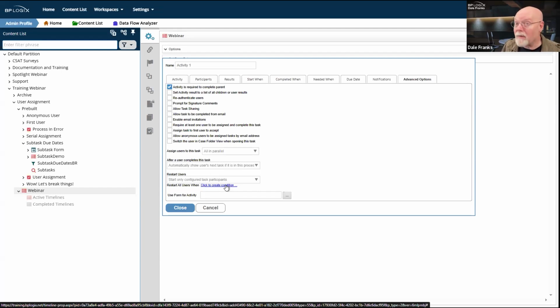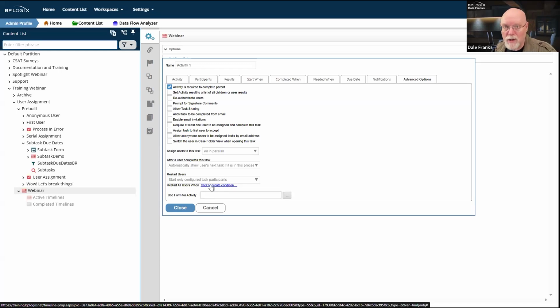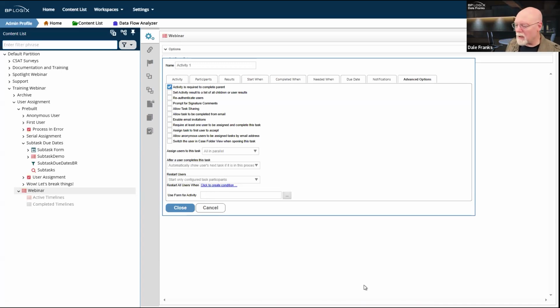So we have a lot of different options for restart. Other than just looping or manual restarts, we can actually force a restart, some sort of condition-based restart, to restart all of the users in this task when any evaluable condition is met. So restart can be important depending on how you want your restarts to work.